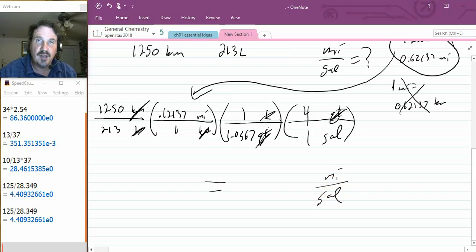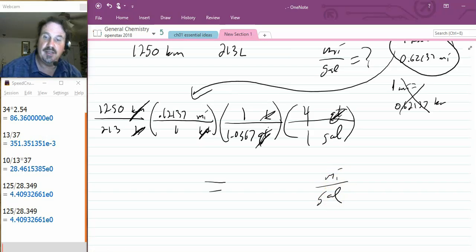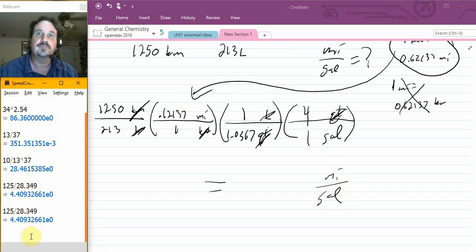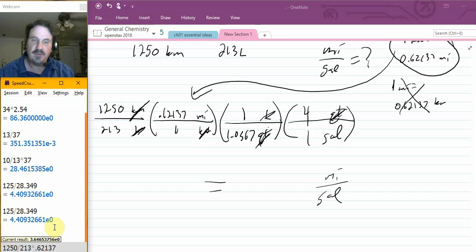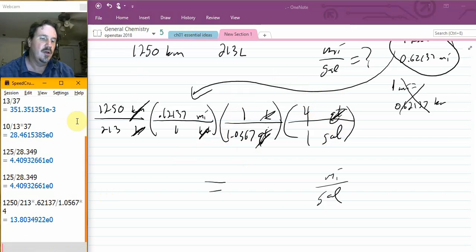So finally, after setting it up, making sure everything cancels correctly, getting the final units, now, as a last step, I'll go over to my calculator and we'll put the numbers through. 1250 on the top, divided by 213 on the bottom, times 0.62137 on the top, divided by 1. Then the next step, times 1, but then divided by 1.0567. And then finally the last step, times 4, and then divided by 1. So equals, there's my answer,